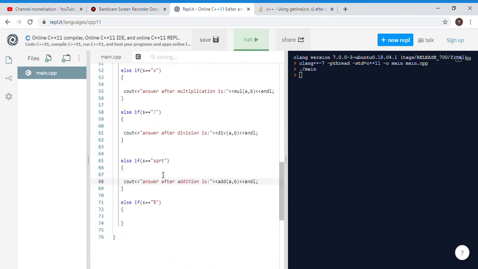We'll just copy again. After addition, we'll just say square root, and in square root we just give one function, one variable. That's the square root of one variable value. We can write as well like this: answer after square root, first value, square root first value, and